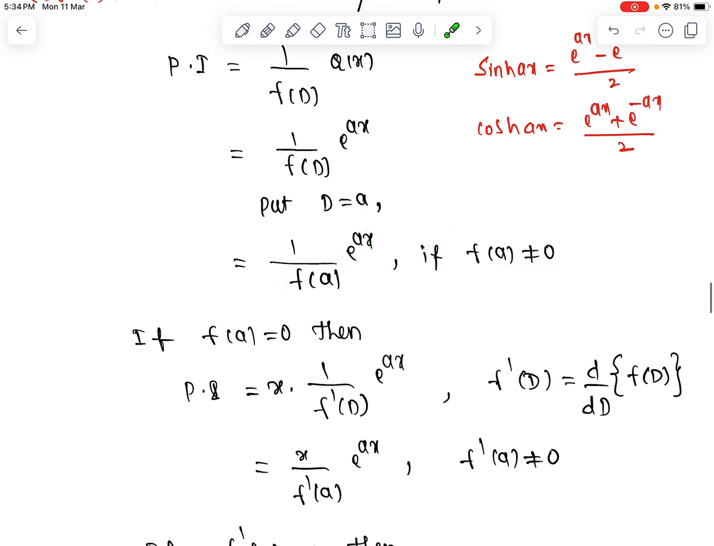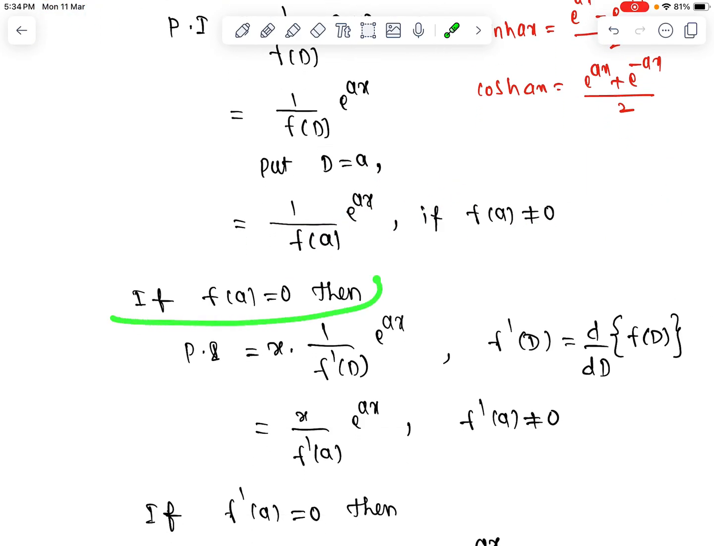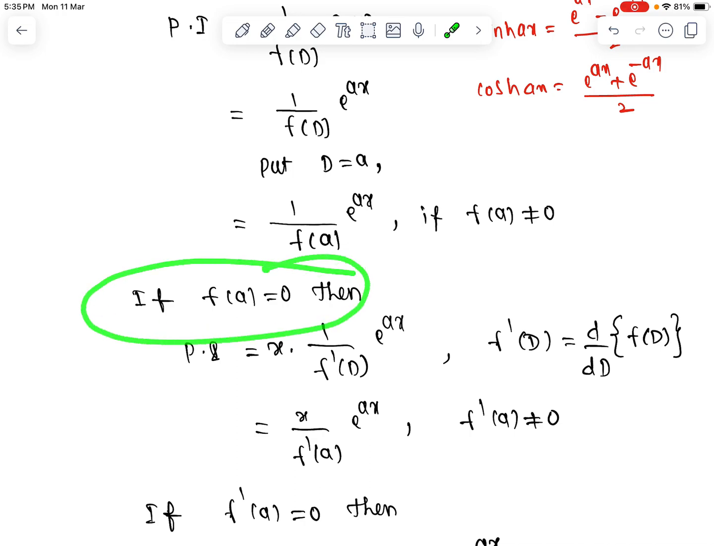Other than that, sometimes we may get f of a equal to 0, then here it is a failure case. Particular integral is equal to x into... if we get f of a equal to 0, immediately we should take x on the left side. Here 1 by, differentiate f of D with respect to D,